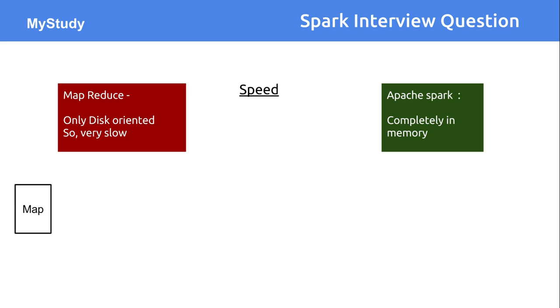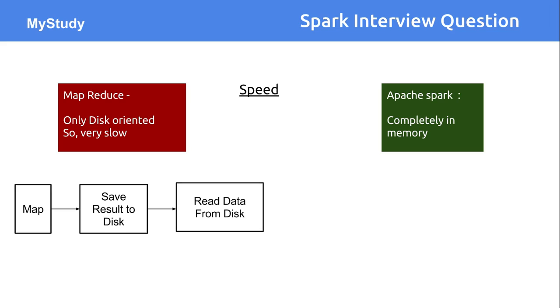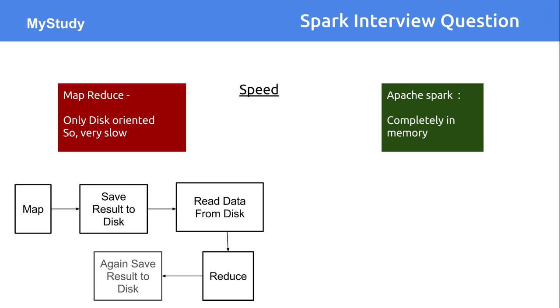Now let's try to understand why MapReduce is slow and Apache Spark is very much fast. If you see the MapReduce way of programming, once you execute this map part in case of MapReduce, Hadoop just saves all those results into disk. Now again it needs to read those data from the disk, and then it executes this reduce part, and then again saves this data to the disk. So there are a number of input output IO operations happening, like saving data to the disk, again reading data from the disk, again saving data to the disk, and that's all happening on a huge amount of data. So due to this IO operation, the MapReduce way of programming gets very slow.